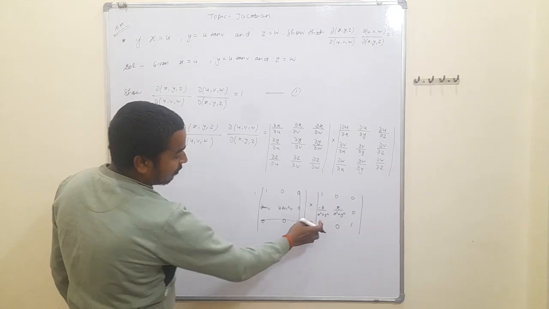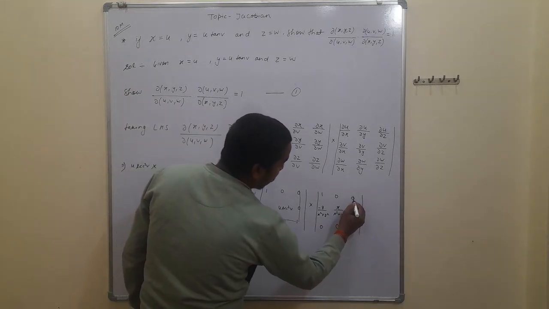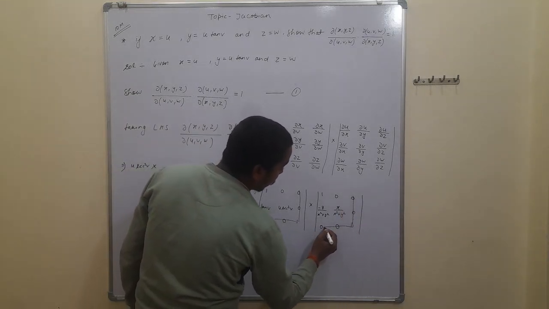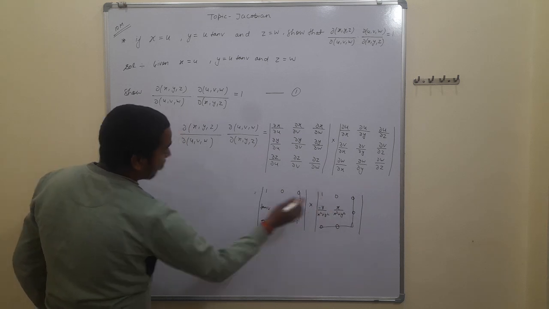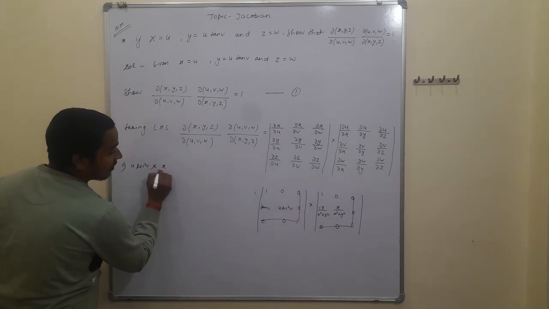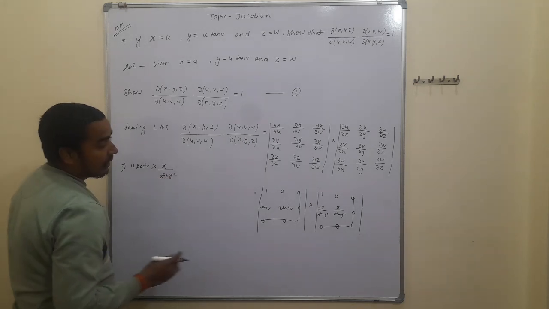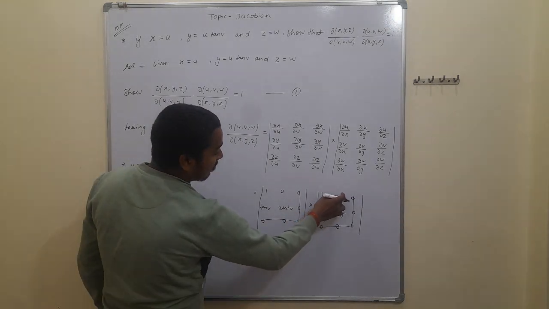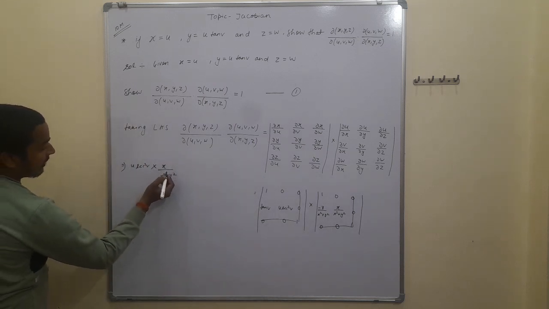And further, from here we also neglect this, and we multiply with x upon x square plus y square, and again cross multiplication with 0, that is 0, then the remaining is x upon